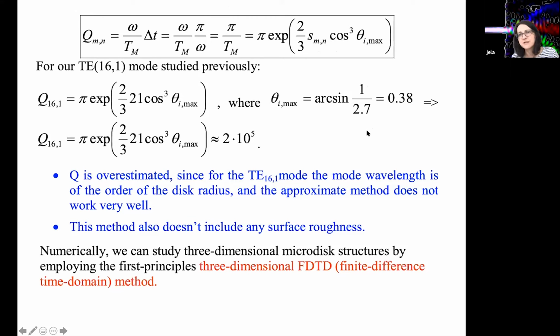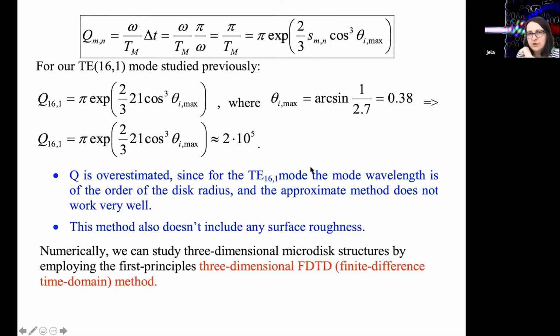Because remember, we're solving this in two-dimensional geometry. We're neglecting everything else. So we're actually solving this using the effective index approximation, because in the effective index approximation, it's a two-dimensional problem with refractive index 2.7, right? So the critical angle is the angle whose sine is 1/2.7. You can plug that back in here and you obtain that the upper limit on the Q factor is 200,000,